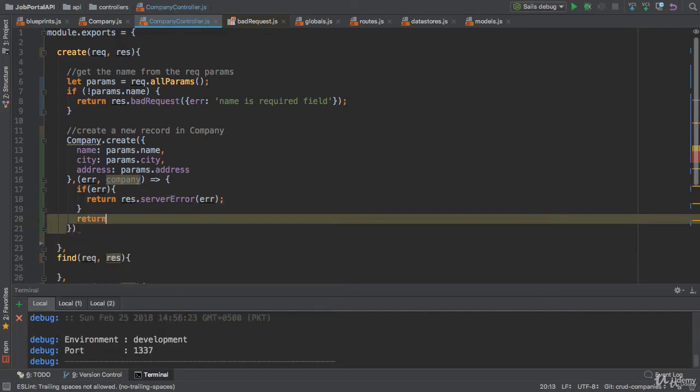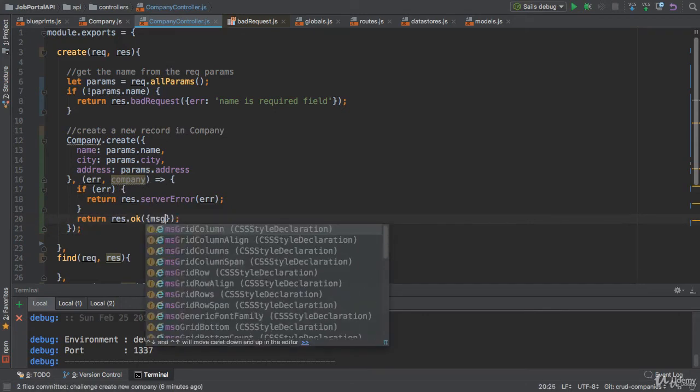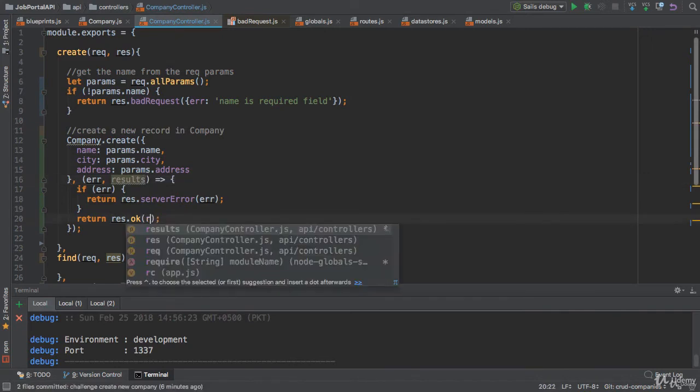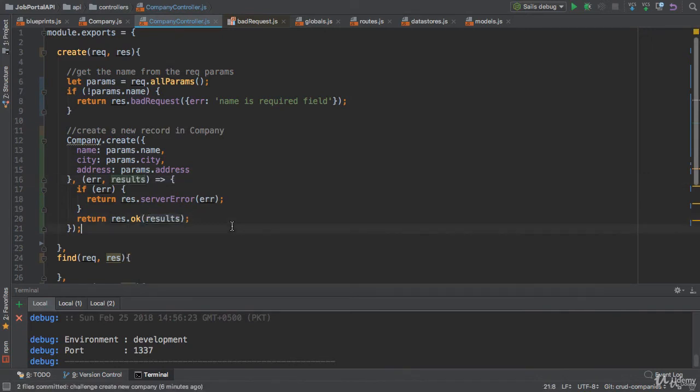If everything is good, we need to send the response. Okay, that's it. Or maybe you can say a message like that: record is created. Or it will return the results. So I'm going to catch the results. Let me return the results back to Postman.